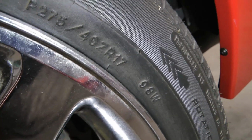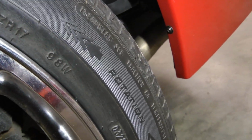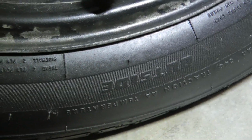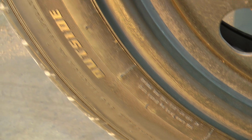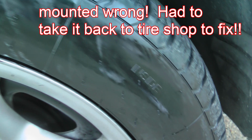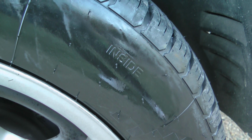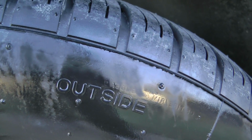Some tires are directional, meaning they want you to mount them in a specific way so that they roll the same direction. And I'm not going to get into arguing with people over whether or not it's really that big of a deal if you mount them backwards or not. I'm just pointing out that some tires are meant to be mounted in a certain way so that they roll a certain direction. And you can see that on the tires. They'll have either arrows saying direction, or they may be stamped inside, outside, whatever. But obviously those are usually not interchangeable side to side. You have to think about when you're rotating your tires, if they're directional, will they work on the opposite side,